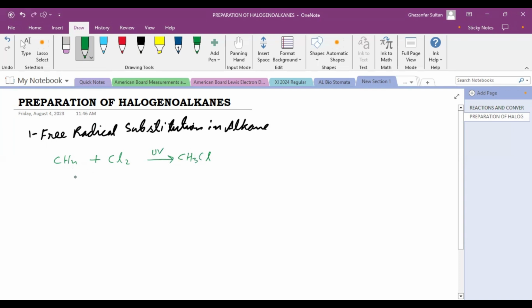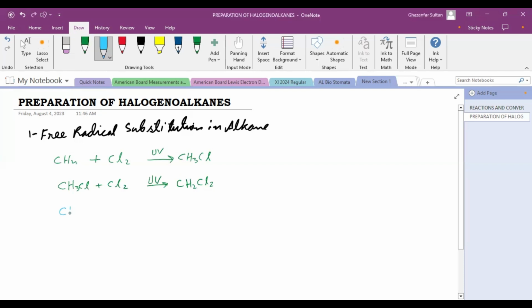and similarly, if you have methyl chloride, it can be converted into methylene chloride or dichloromethane. So this is the chloromethane and this is dichloromethane. And you can carry out the same reaction with